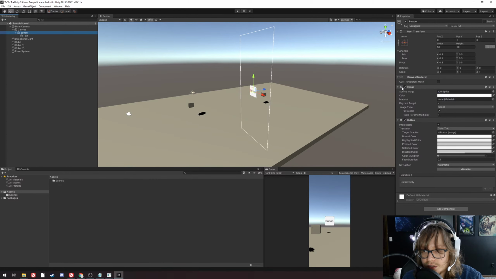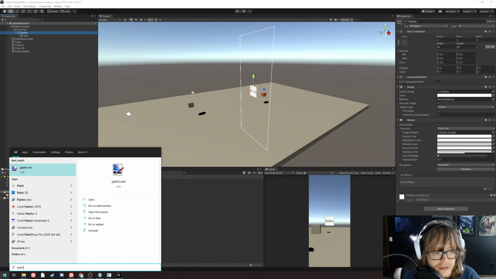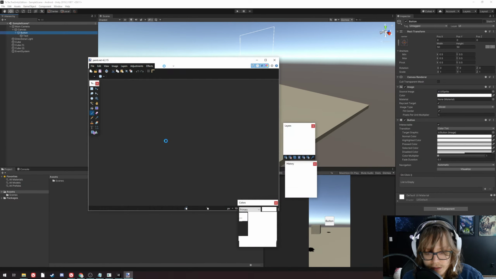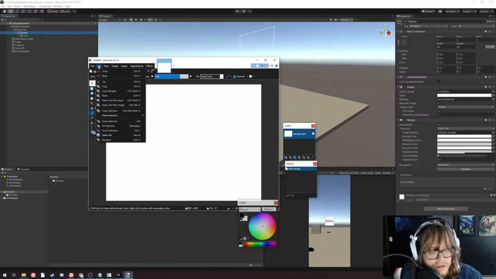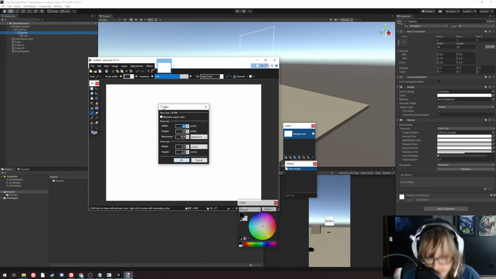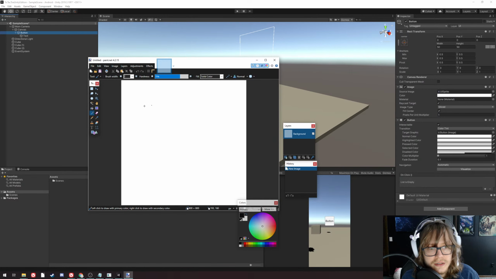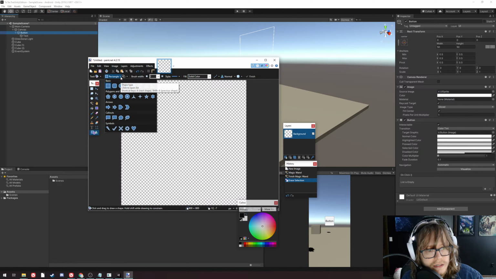Some things you can change about the button. Let's say that I want to make a square button, as we did in our Android example earlier. First I'm going to create a square texture for us to use. So 800 by 800. I'm going to delete the background. I'm going to make a square. I'm going to make it